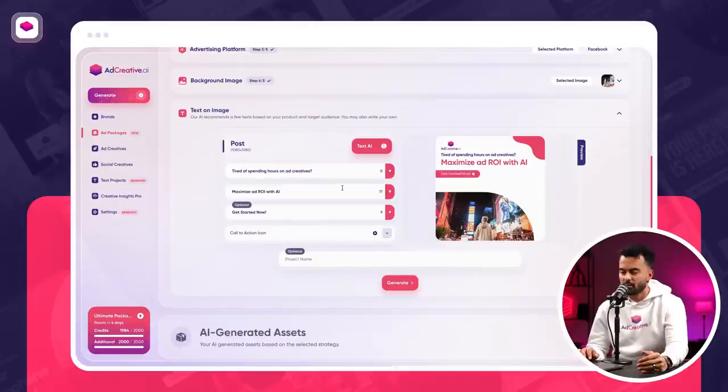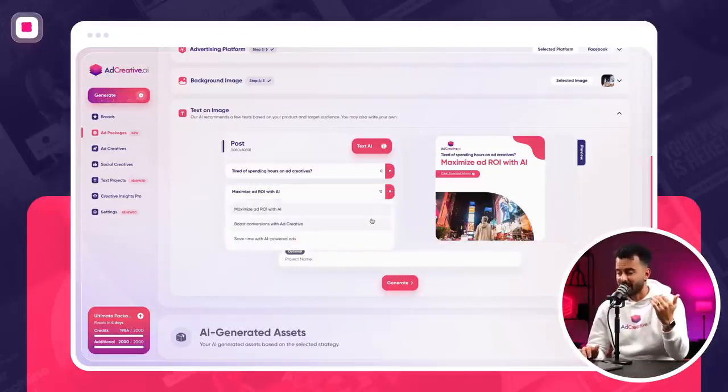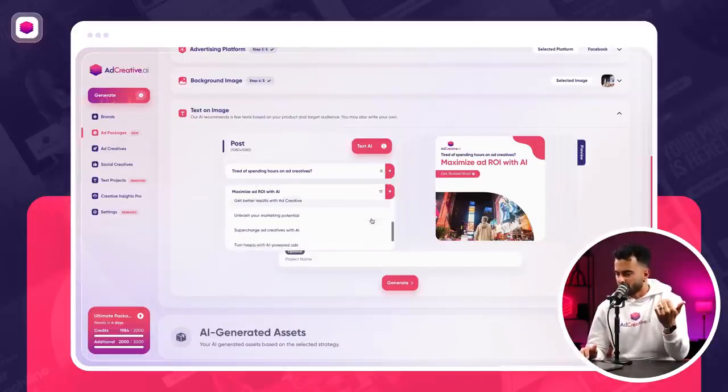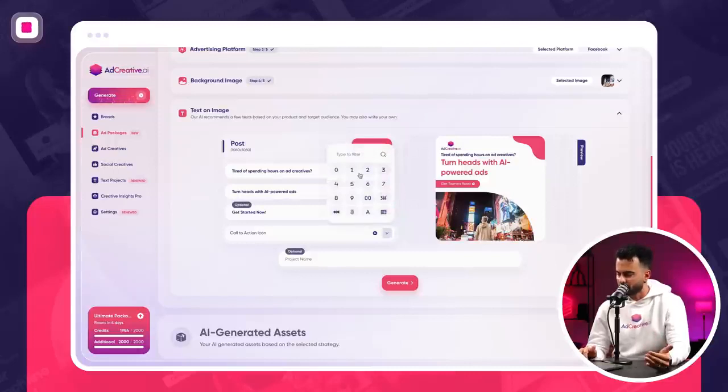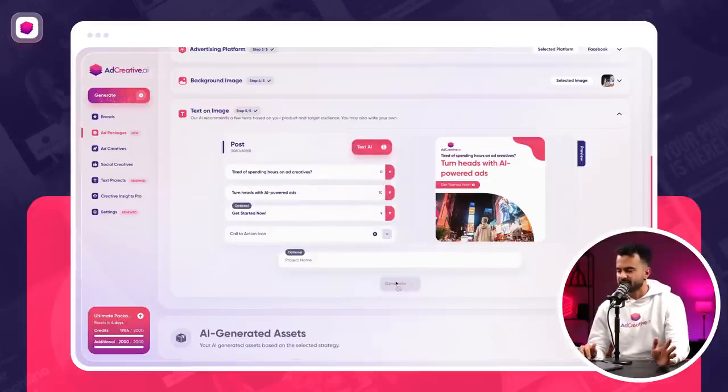The second one, we call it the punchline. Punchline is basically where you really show the value. So maximize ad ROI with AI. That's amazing. But if I want to go further, let's go supercharge ad creatives. I kind of like that a bit more, but let's go with this. Turn heads with AI powered ads. That looks good to me. I have nothing to add there. Get started now is good. The button, I'm not really sure. I don't know why AI selected that. So most probably I would go with something a bit different, but in this case, let's just generate,